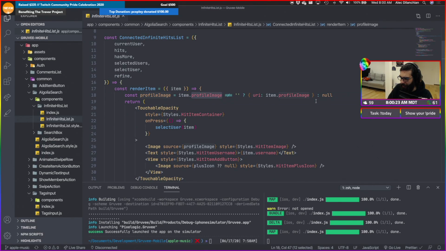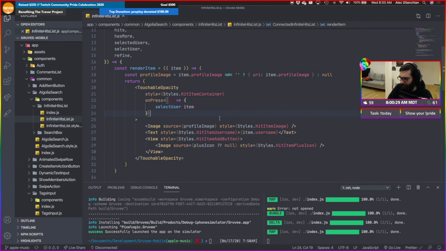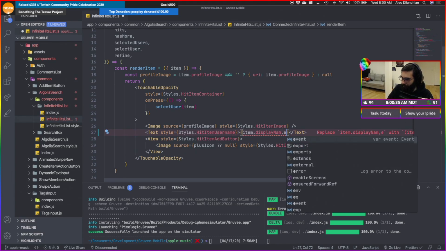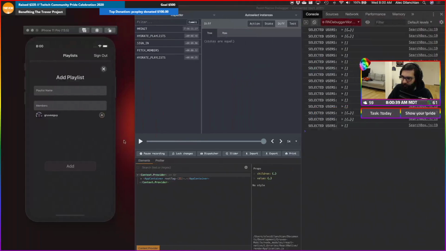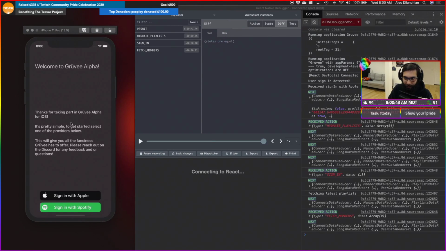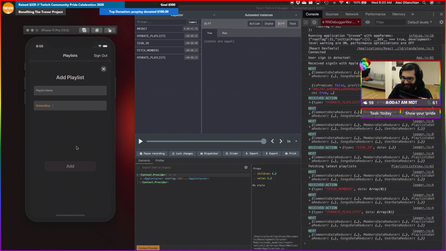So profile image, hit item container, and then on that thing, it's hit item username. Yep, so we want to change this to display name. It's going to be our new piece of data that comes in. So now we refresh that, and Groovy Guy should now have the proper display name. Hey, there it is. Woo-wee.